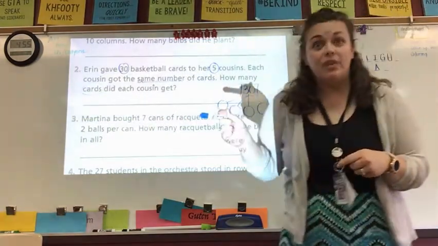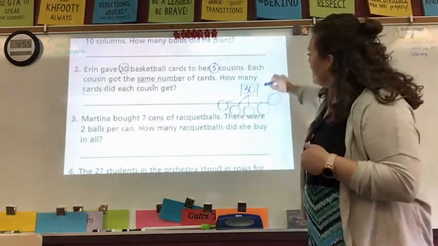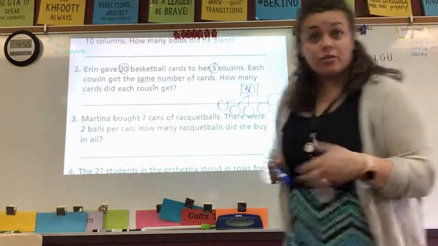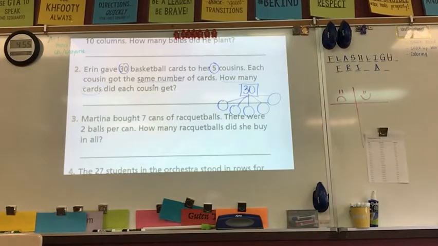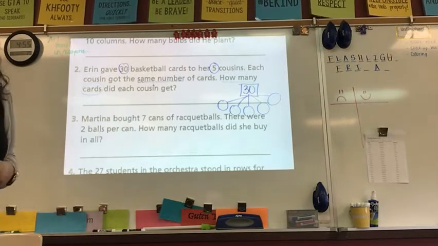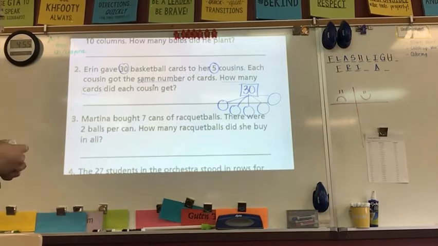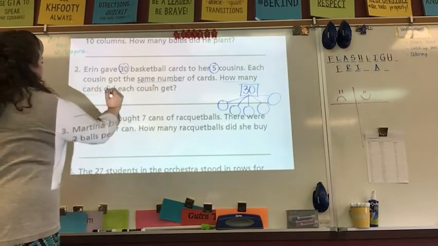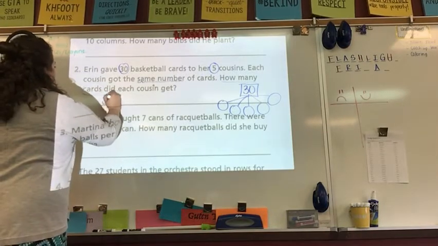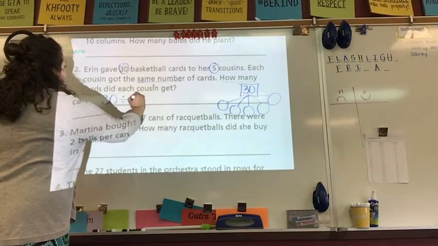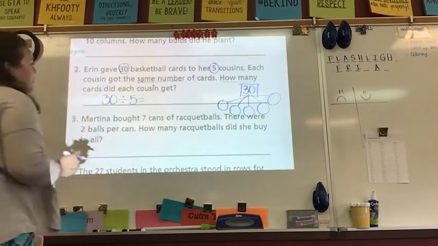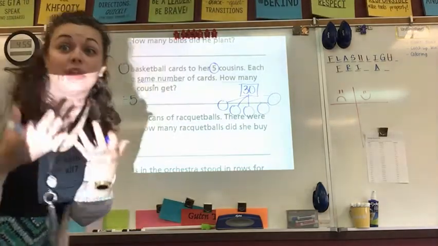I'm going to grab a quick drink, and I want you guys to be thinking about what equation would match our drawing so far. How would that go? If I started with 30 and I'm splitting it into 5 equal groups, it would be 30 divided by 5, so I'm dividing it into 5 equal groups, equals, and because we're becoming brilliant mathematicians, we're going